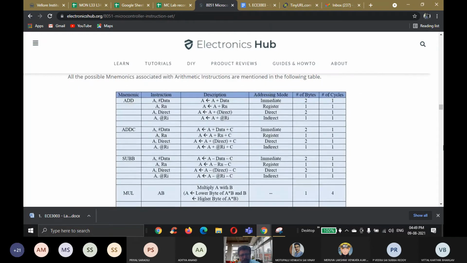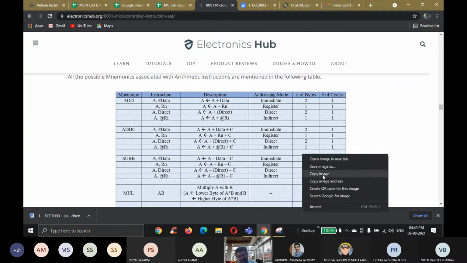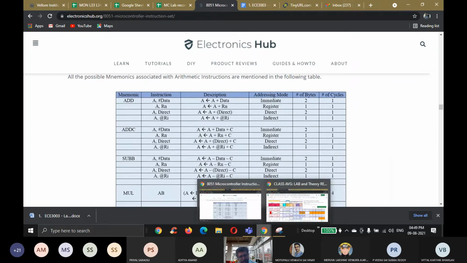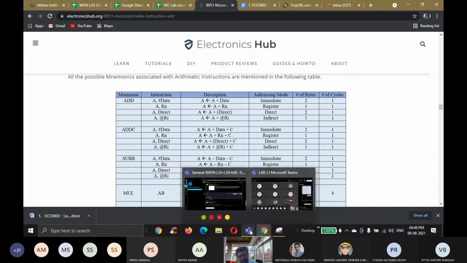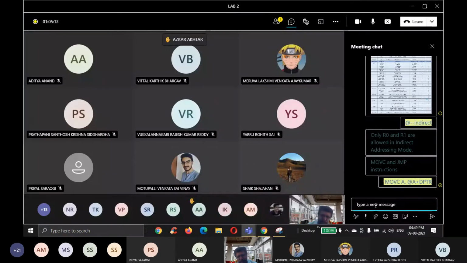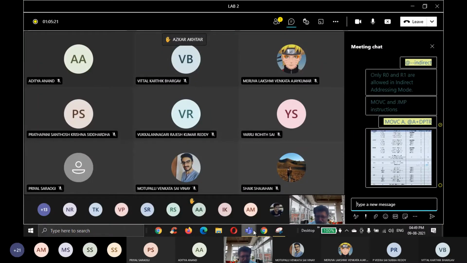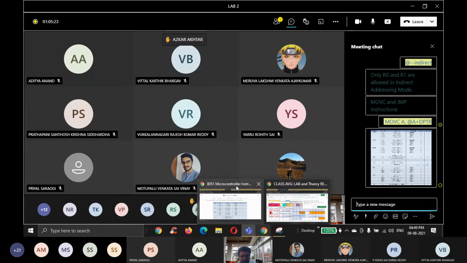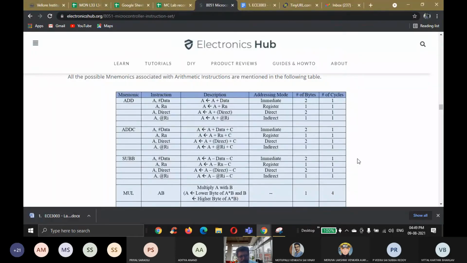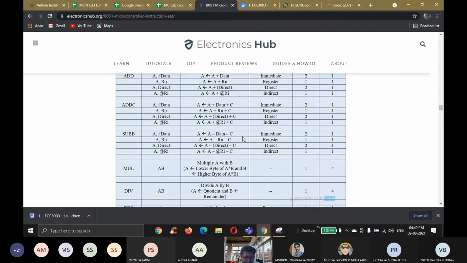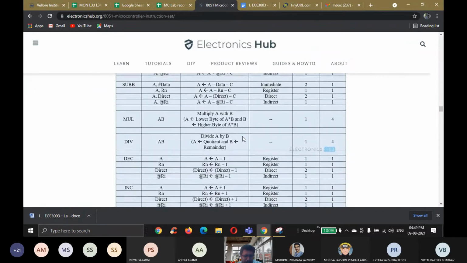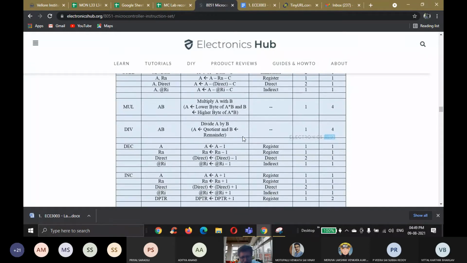So for arithmetic operations, for every case it has been given. The previous set was, sorry, data transfer operations. The next table is for your arithmetic operations, addition with carry. So what exactly is the meaning of that has been given here. Okay, subtraction with borrow. There is no sub instruction, only subtraction with borrow. Mul instruction, divide instruction for doing multiplication and division.